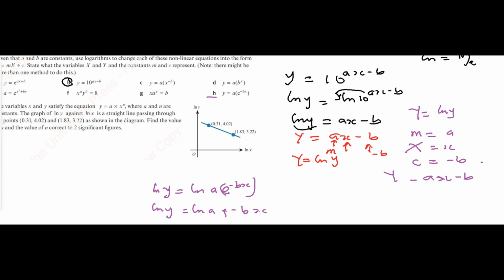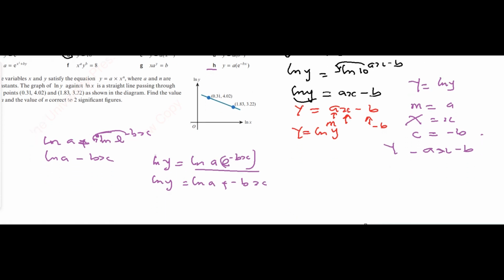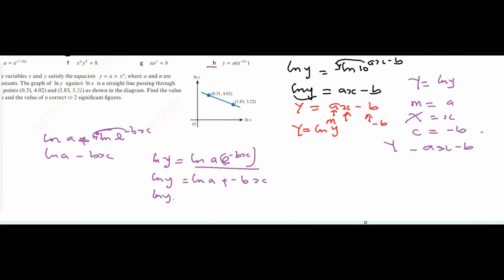So I can do, this one is like, you have ln a times ln exponential this. So it will be plus. So I can roll this one down. I have ln a minus bx. So from here, I can move on to show that ln y is equal to ln a minus bx, where